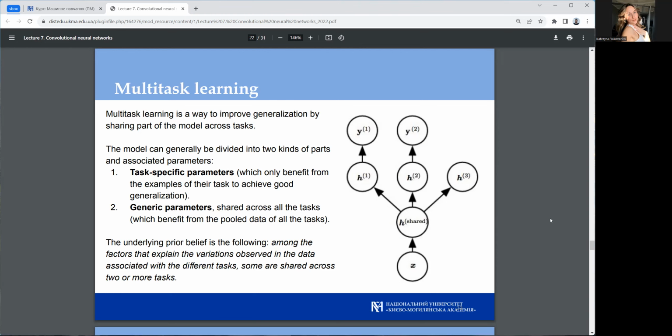There are of course also generic parameters, which are not exclusive to one task. They're pulled from different tasks and shared across them. And the idea here is the following: the factors that explain different variations that are observed in the data are associated with different tasks. And some are usually shared across two or more tasks, and there's this big family of cross-sharing,